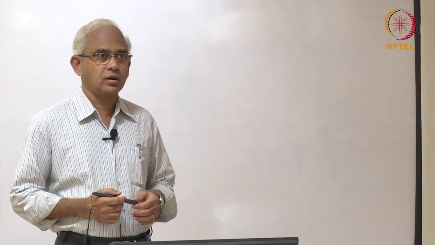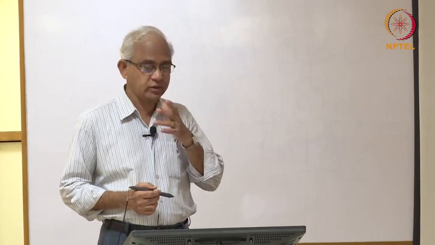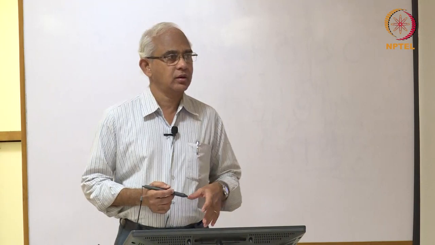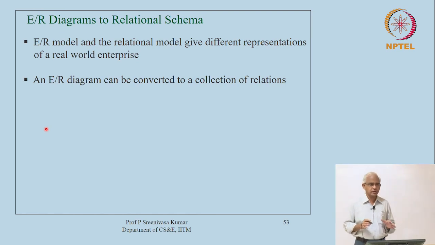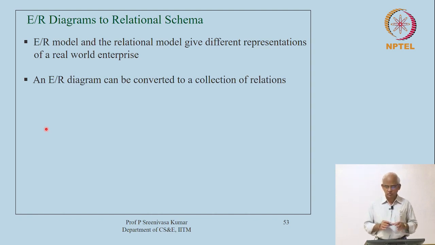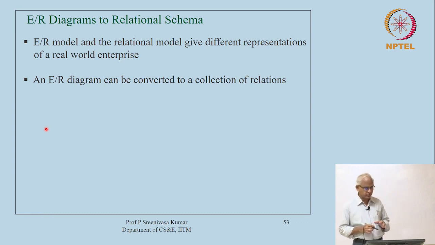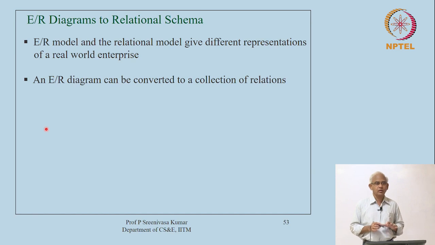So, basically in this lecture I want to focus on how the information that we have represented in the ER model, information about an enterprise database that we are trying to design, we will capture that in an ER model, which is a conceptual level model, into the relational model. We have just studied this relational data model, and we know that it gives certain concepts like relations, keys, foreign keys, and things like that. So, now we focus on how to translate or map the information that we represented in the ER model to